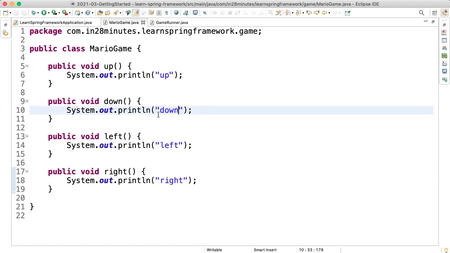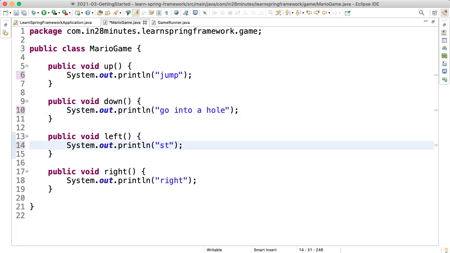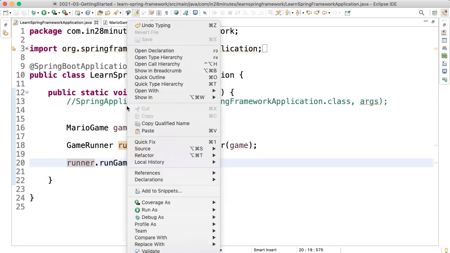In the Mario game, when up is clicked, maybe this would be a jump, right? And when down is clicked, maybe it's about going into a hole. When left is clicked, maybe it's stop. And when right is clicked, probably it's all about go faster, accelerate, right? So now if I have something like that, I would be able to come here and say run as Java